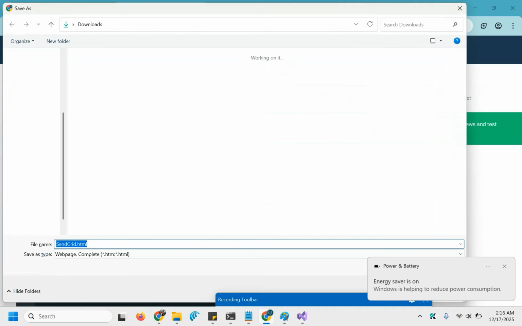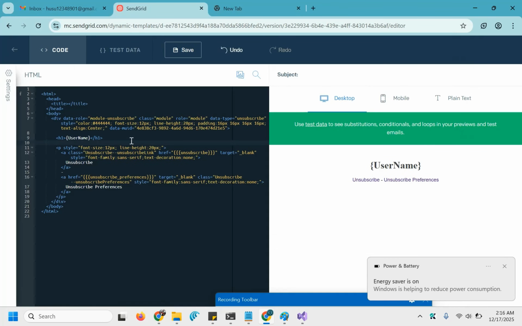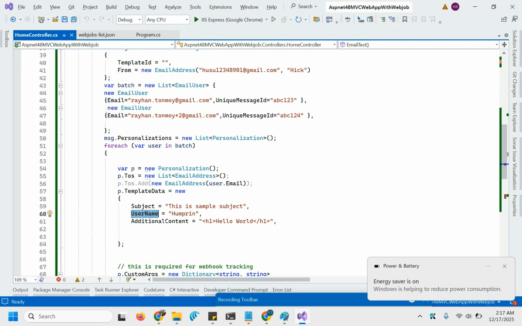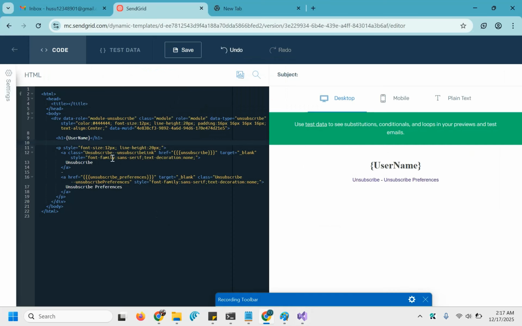And then I should use another content, additional content, with a double bracket, I guess. But this is a simple string, and if you want to pass HTML content, then you have to put additional curly braces here, and let's save it.